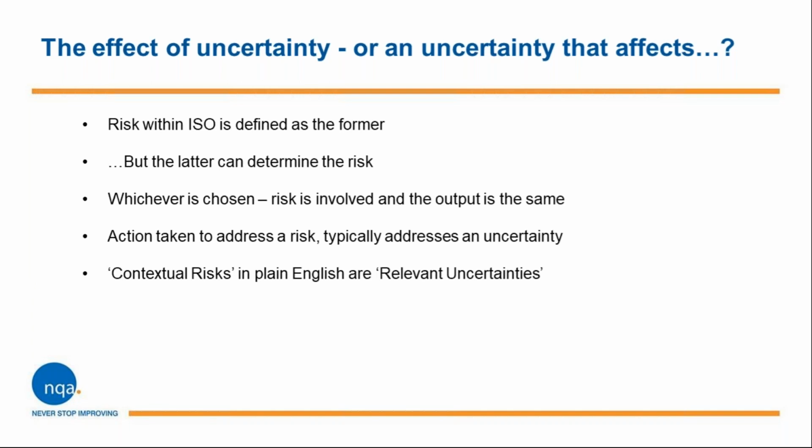So contextual risks, obviously in plain English, are relevant uncertainties. So basically the standard now, I'm sure most of you are aware, at the very beginning of the standard talks about this idea of context. So everything that you do in terms of risk has to be relevant to what you do. There will be some general or generic ones, as we've seen previously, financial and resource and so on and so forth. But you've got to keep them relevant to you and what you do as a business, and relevant uncertainties, because in that way you can identify the actions and keep them relevant and in keeping with what you do.